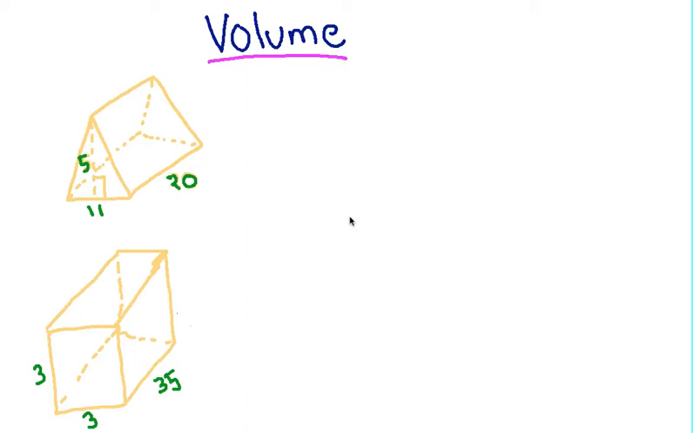Surface area talked about the space outside of the object, the covering of the object. But volume talks about how much space the object takes up, or how much of something you can put inside that object. We find volume with a simple formula, and that formula is